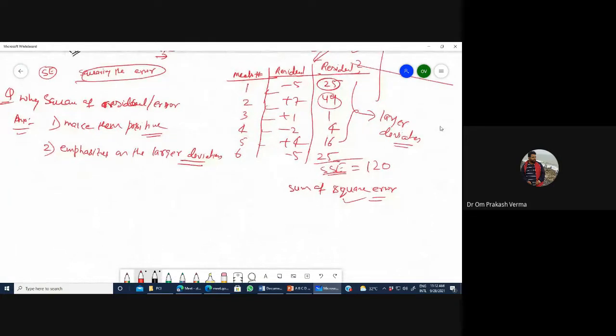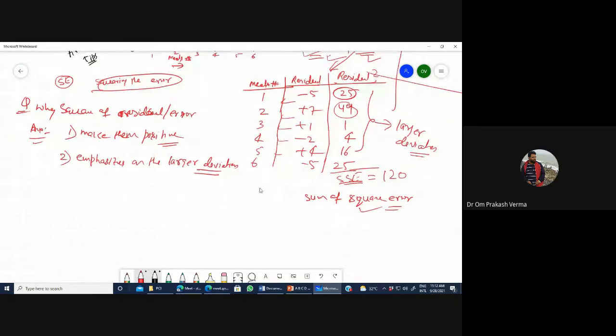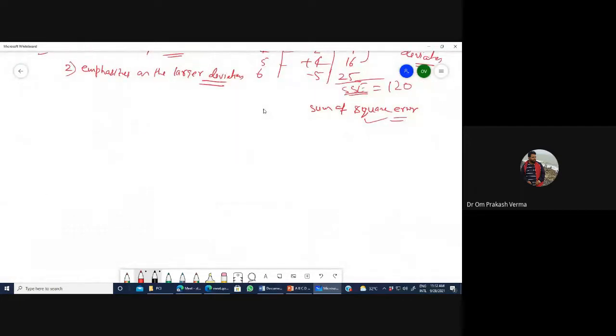Can you repeat the last thing? The emphasis on larger deviation means, let's say, wait a minute, I'm showing you.